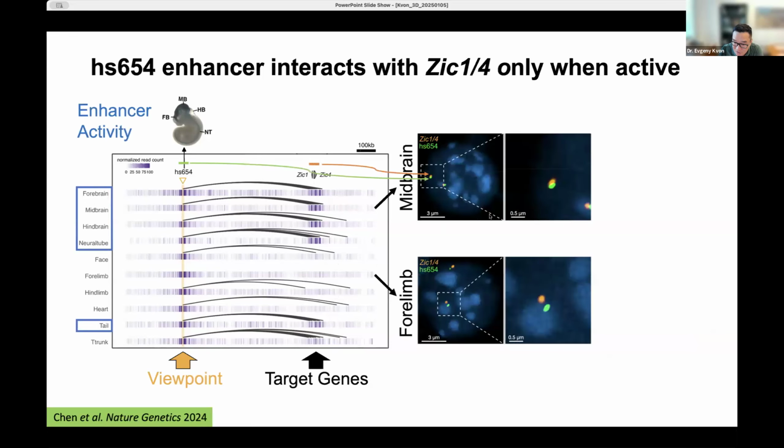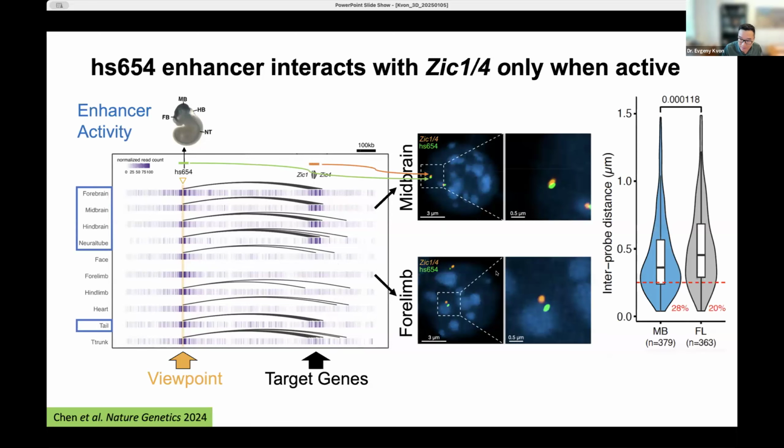And so we validated it with FISH, the super-resolution FISH, and I did see that in tissues where the enhancer is active, they're closer together than in tissues where it's inactive. Mind you, this is measured across the entire population